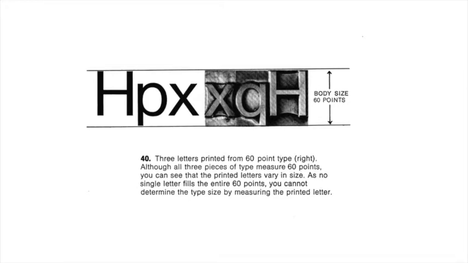You're looking at a slide that should be showing you the three pieces of type along with the three printed letters they produced. The body size of the metal type measures 60 points, while the printed letters vary in size. Since no individual letter fills the entire body, you can see why measuring the printed letter will not give you